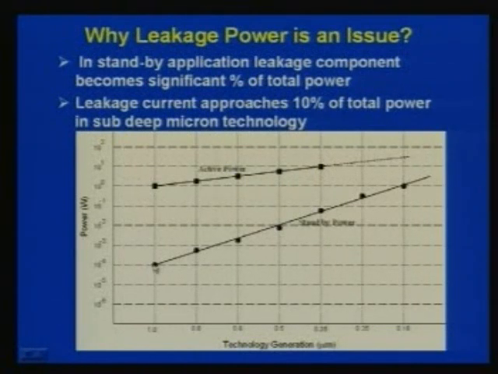But leakage current, you can see, which is the standby current or static current, is increasing at a very high rate. You can see this is 0.18 micron, there is maybe almost 2 orders of magnitude difference here, but whenever we go to 90 nanometer, it will become the same. That means the leakage current will become the same as the